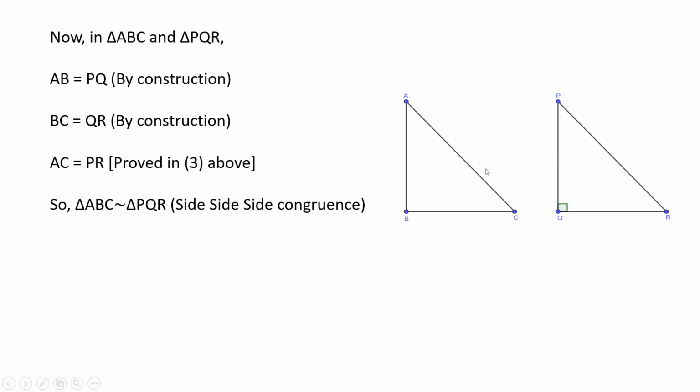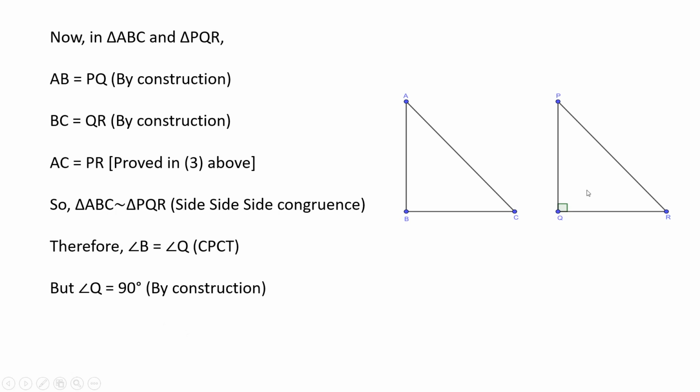If these two triangles are congruent to each other, then their corresponding parts are also equal. So therefore, angle B from triangle ABC is equal to angle Q from triangle PQR. But angle Q is equal to 90 degrees by construction. So here angle B is equal to angle Q, but angle Q is equal to 90 degrees, then angle B is equal to 90 degrees. In triangle ABC, angle B measures 90 degrees. If it measures 90 degrees, then triangle ABC is a